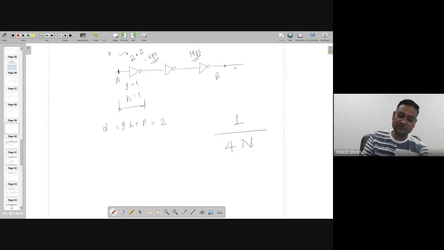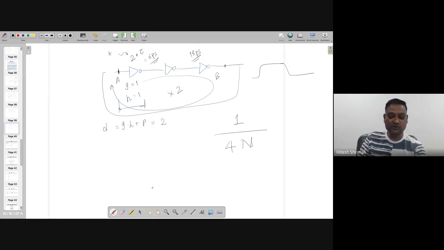If you complete this loop one time, actually you are changing the state from 0 to 1 only. But to get it from 1 to 0 one more time, you have to run the loop one more time. So this loop will run twice to get 0 to 1 and 1 to 0. So the total propagation time will not be 2 times tau, but it will become 4 times tau. So 4 times tau, and such inverters connected in a negative feedback, n number of stages. So it's equal to 1 by 4n.